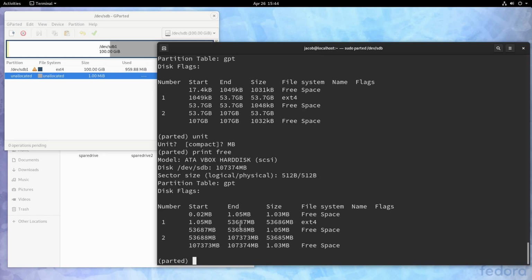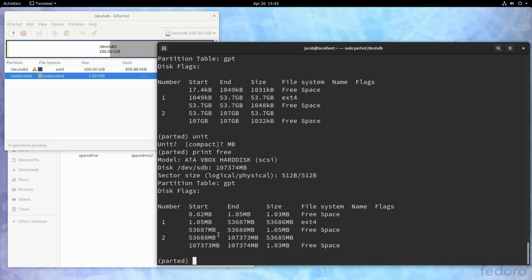Now what we're going to do is increase partition 1's size by 50 megabytes. And if you're not sure, theoretically you could just go trial and error here, do a few megabytes, run the file system check again, see if it's happy. If it's not, add a few more megabytes. But 50 megabytes is not a lot of space, and I do know that it will resolve our issue here.